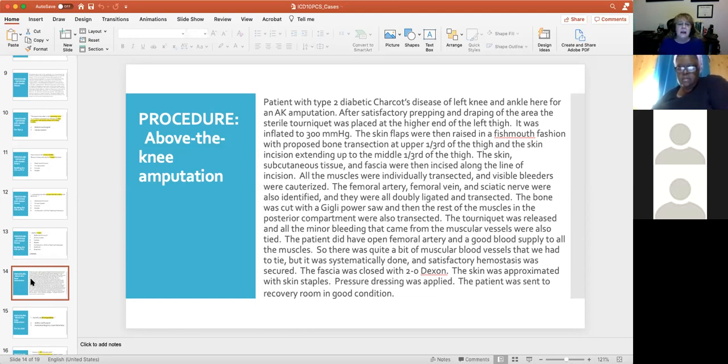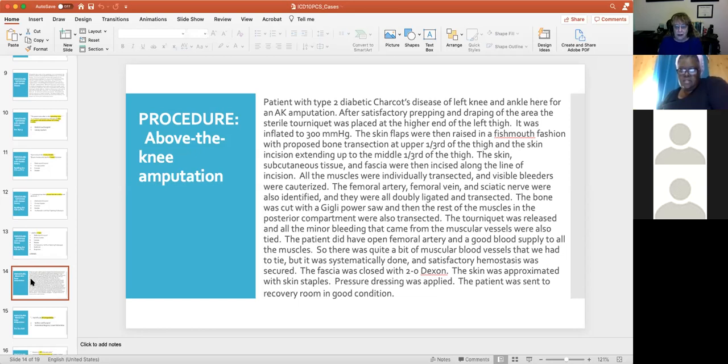The skin, subcutaneous tissue, and fascia were then incised along the line of incision. All the muscles were individually transected and visible bleeders were cauterized. The femoral artery, femoral vein, and sciatic nerve were also identified, and they were all doubly ligated and transected. The bone was cut with a Gigli power saw, and then the rest of the muscles in the posterior compartment